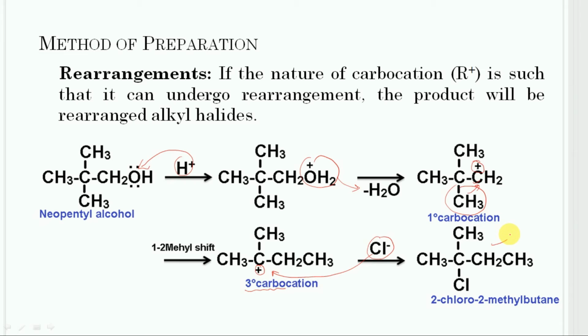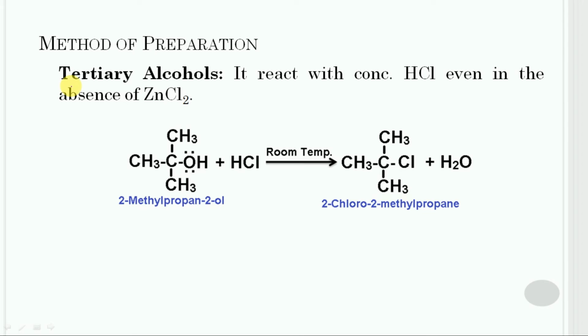The driving force of this rearrangement is greater stability of tertiary carbocation over primary carbocation. Next is the case of tertiary alcohol. It reacts with concentrated hydrochloric acid even in the absence of anhydrous zinc chloride. So this is the case of 2-methylpropan-2-ol. It will react with concentrated hydrochloric acid even at room temperature,